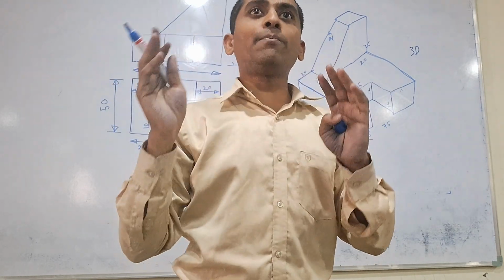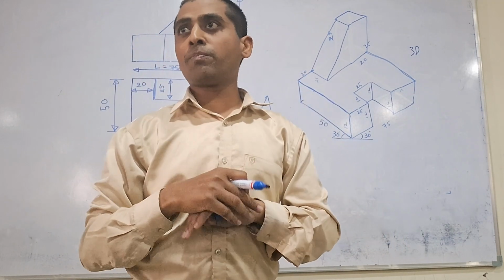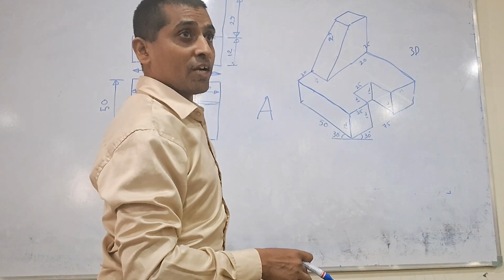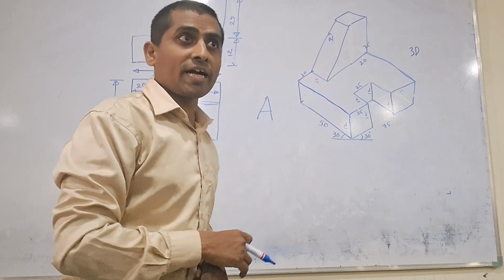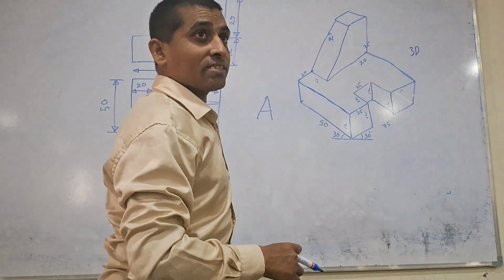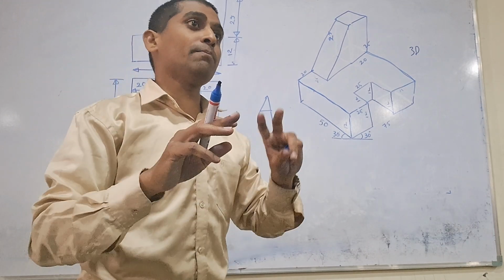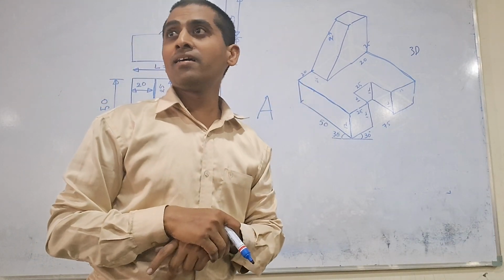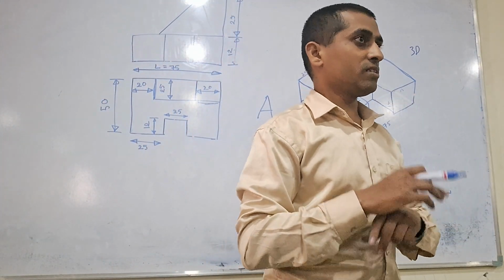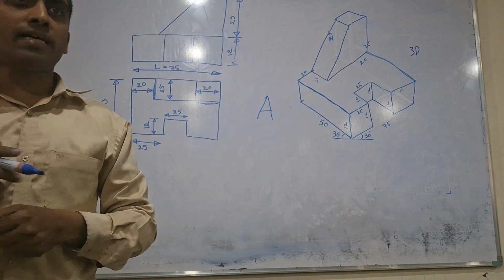Suppose you developed your own rules, and you have drawn a nice diagram, and you have sent it to the shop floor people, but he cannot understand, because he knows according to the engineering drawing, the above figure is the front view, the below figure is the top view. But you thought that this is the front view, this is the top view in the first angle projection. If you have drawn and sent him that, he will make another reverse. Understood now? Is it clear? So this drawing is the language for the engineers. They set certain rules, then they fix it like that, then we have to follow that so that communication is correct. Okay now?